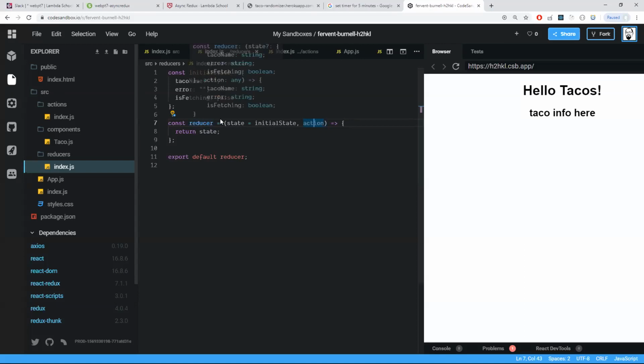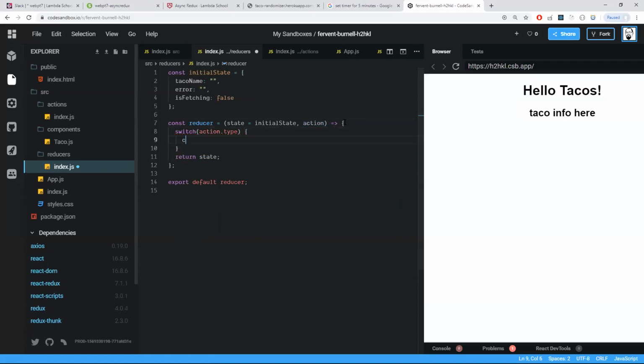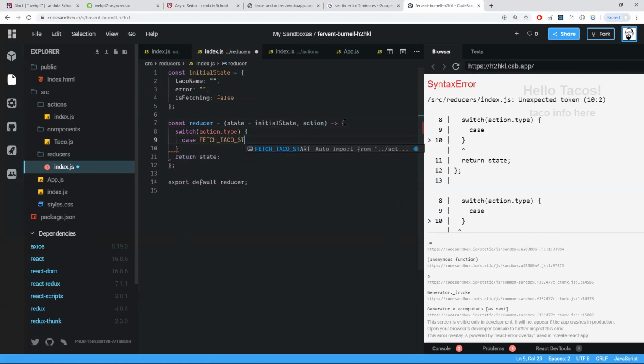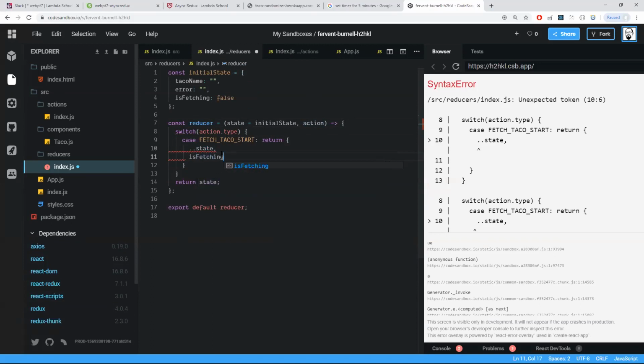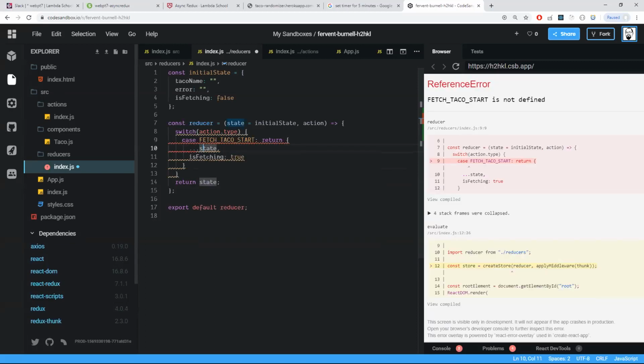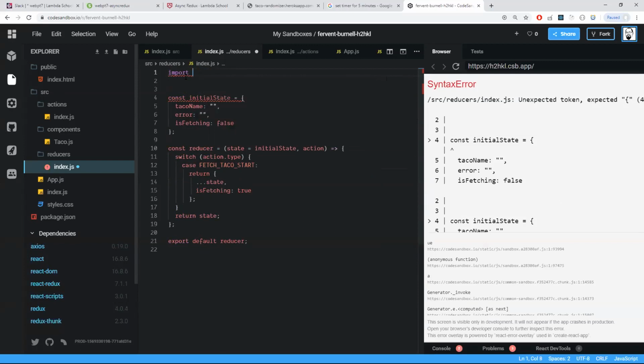What we can do here in this reducer, we're going to need to do that switch statement that we talked about. And that's going to be based on the action type. And then our first case is going to be fetch taco start. And then we're going to return, again, we get the state in here. So we're going to return the state with the change of is fetching being true. And of course, that is failing for us, not there, but it's failing for us because we need to import our action type name. So we're going to import fetch taco start